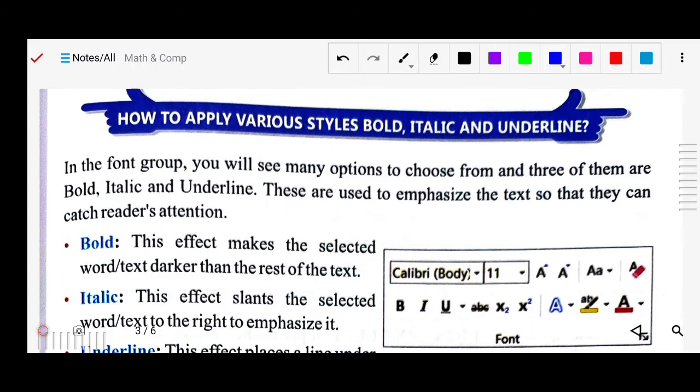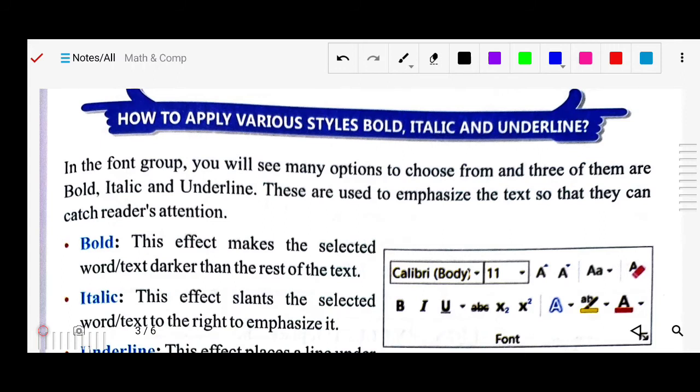As you know, anything you want to do, any editing or any formatting, you have to make the selection. Select the word or text or sentence or paragraph or whole document. If you have already created your document, first of all you have to select, then after that click on bold, or with the help of the keyboard you can use Ctrl+B. So this is one method.